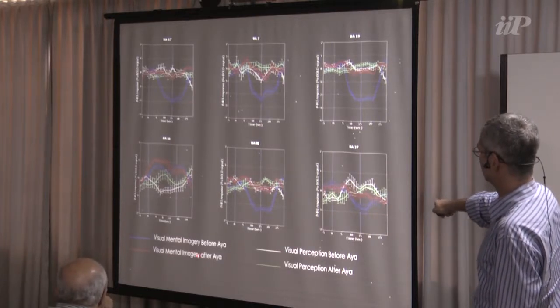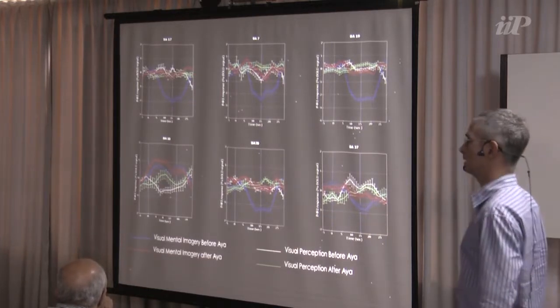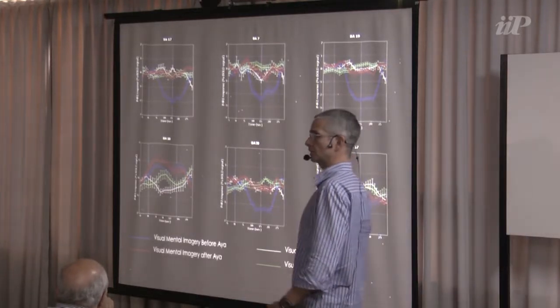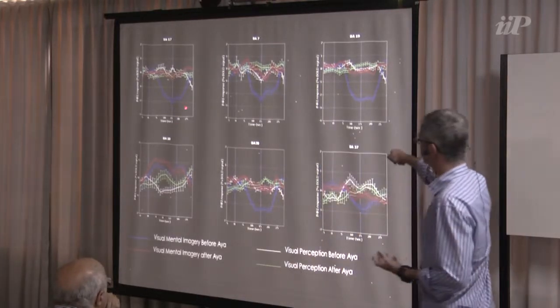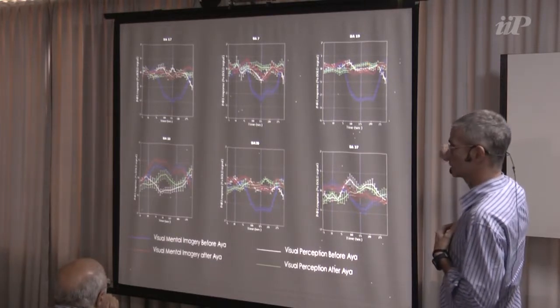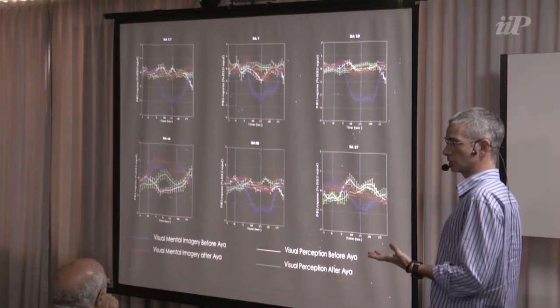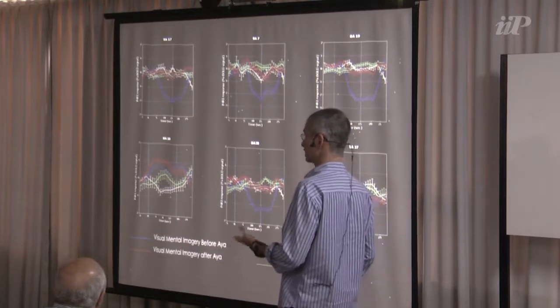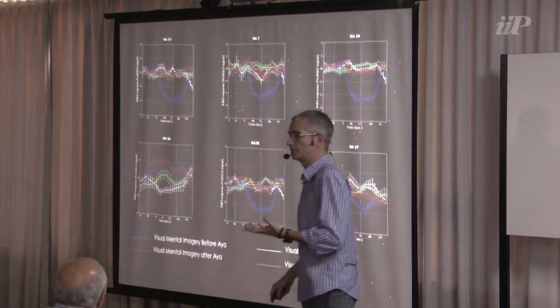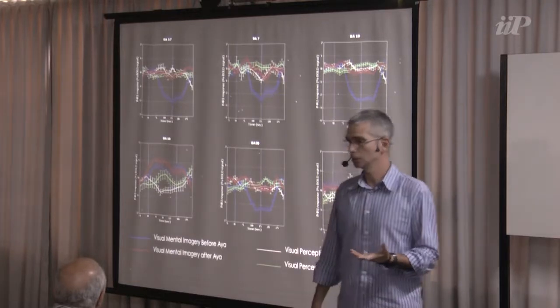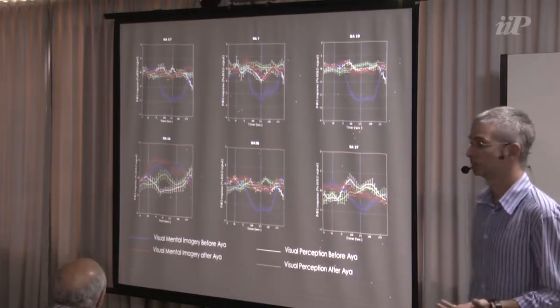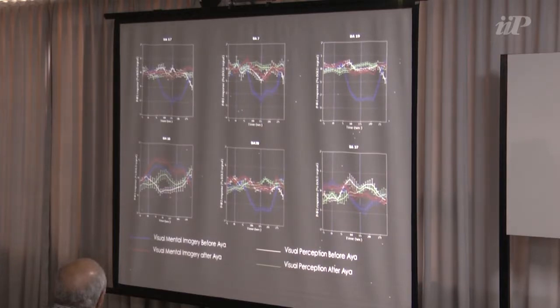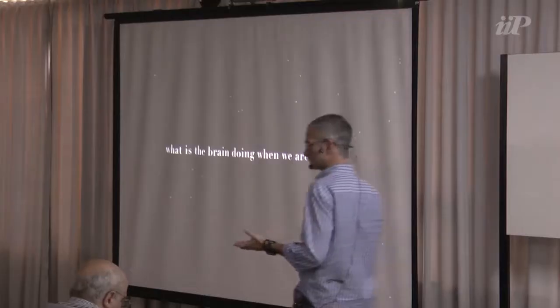But if you look at the red line, that is the mental imagery with ayahuasca, what we are showing here is that in all these structures, the signal, when the individual is with their eyes closed imagining something, is similar to when he's with his eyes open, looking at something. So the second speculation is that they're seeing. This is the type of study that you can do with fMRI.